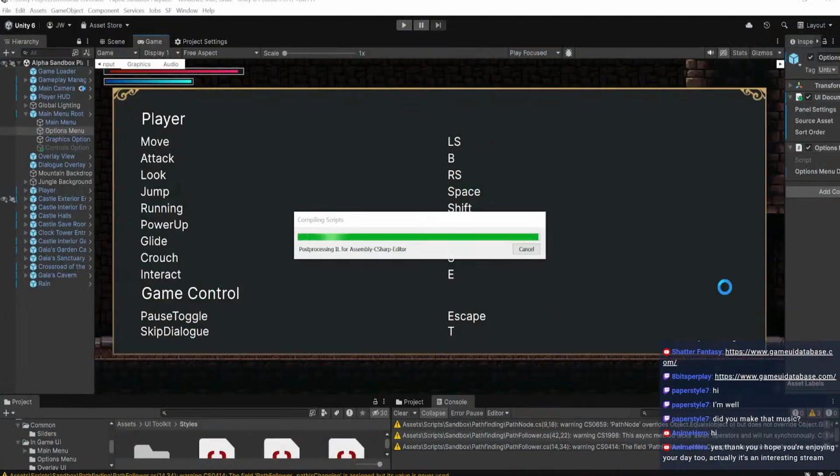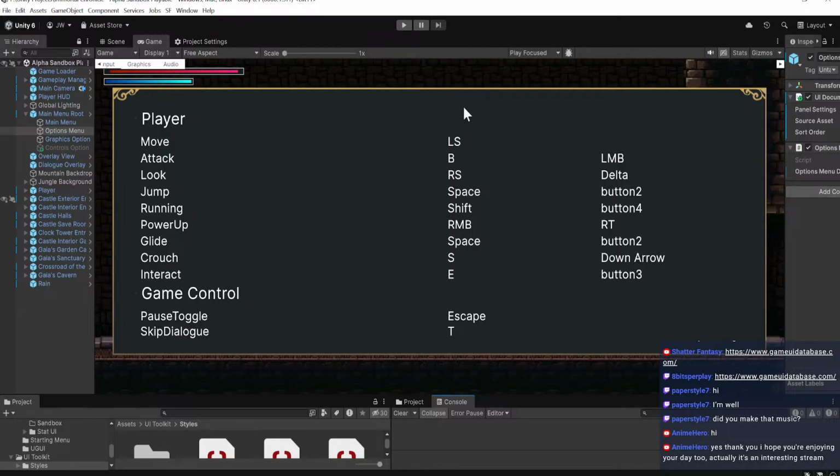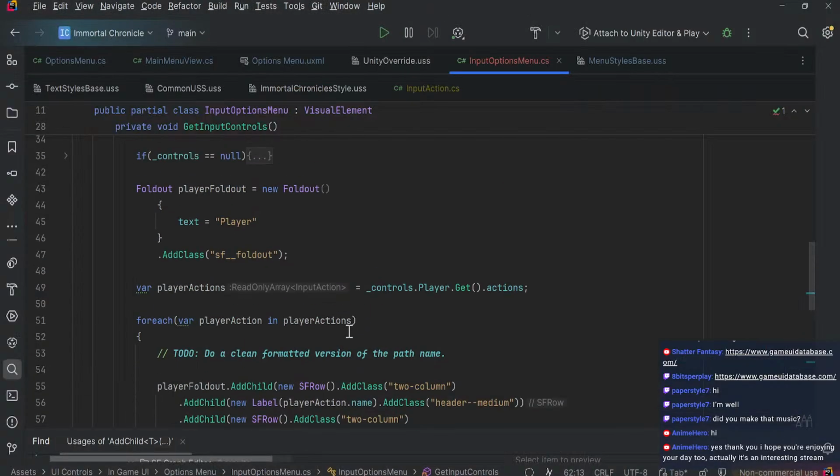We'll have a left and right column now. Hopefully, unless I accidentally clicked the wrong one. Yeah, there we go. Okay. So I can have a keyboard, and then I could have a controller setup. So yeah, this works perfect. So what I'll do is